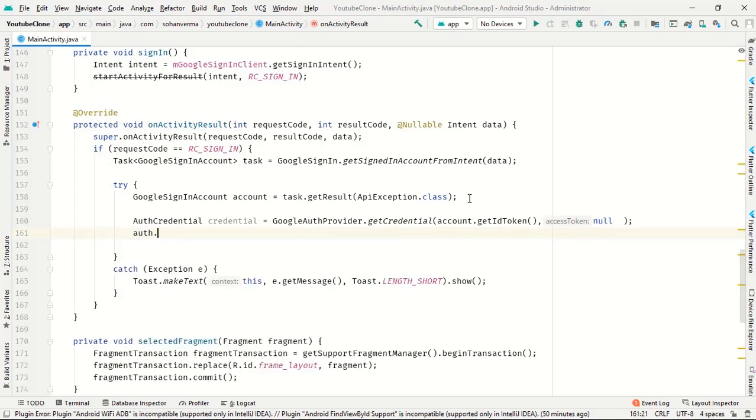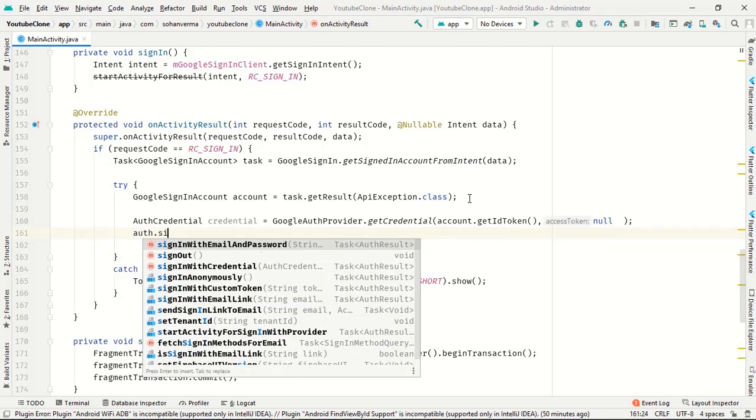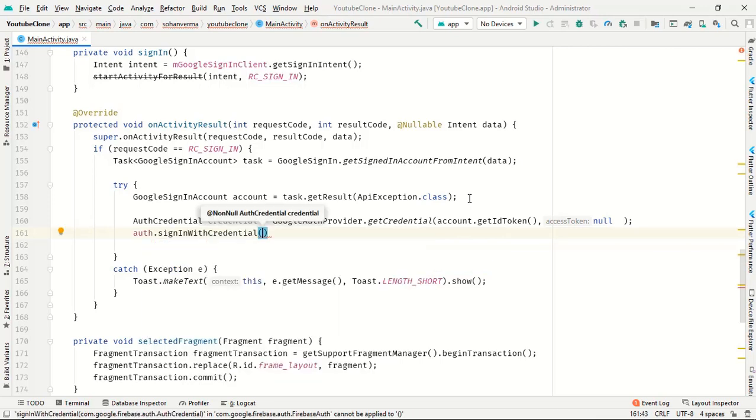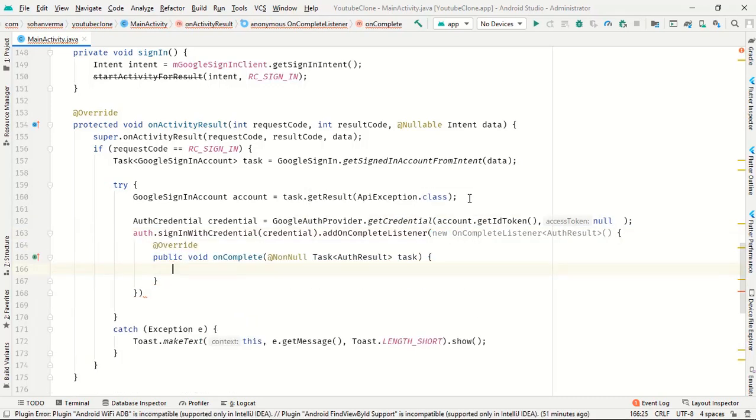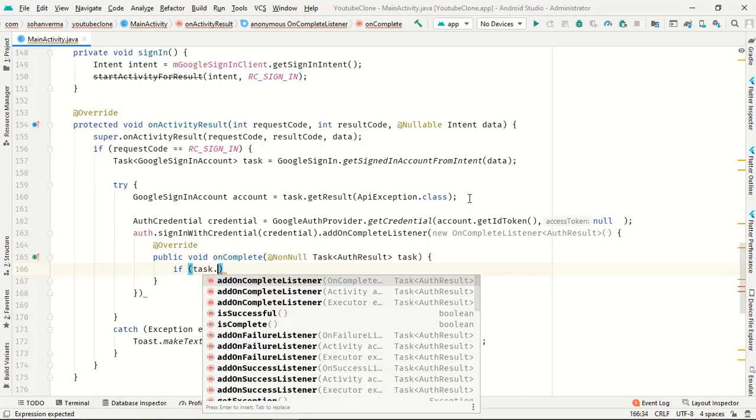So in the auth dot sign in with credential and dot add complete listener new on complete listener, and in this we have to put a condition: if task is successful,